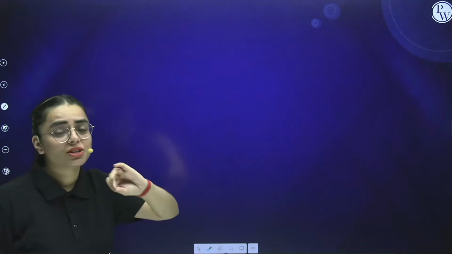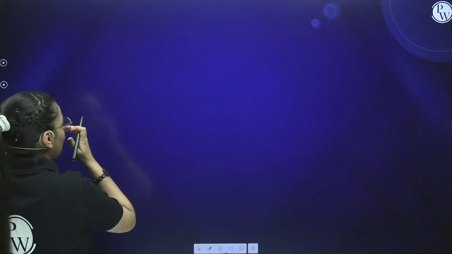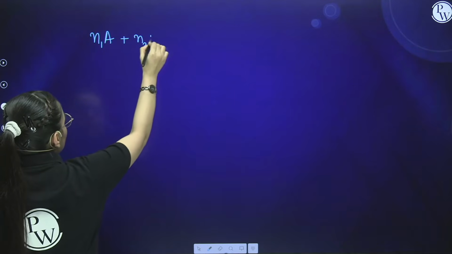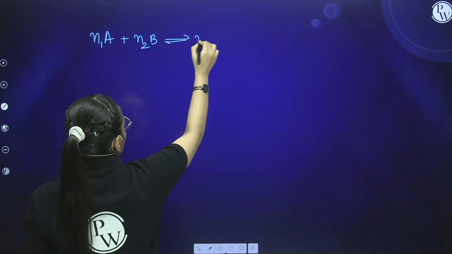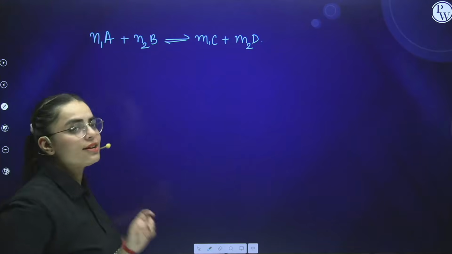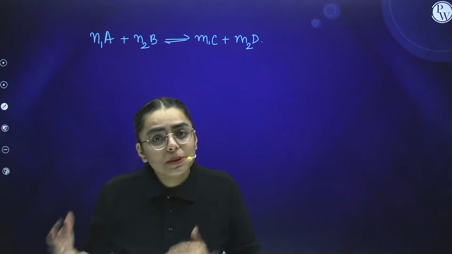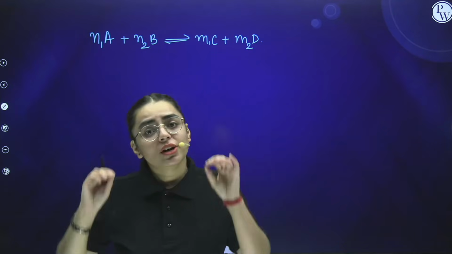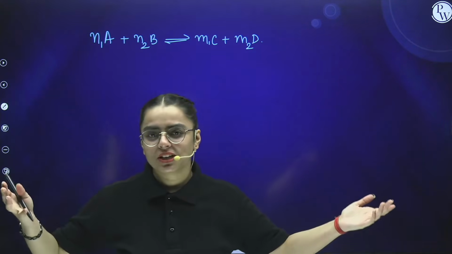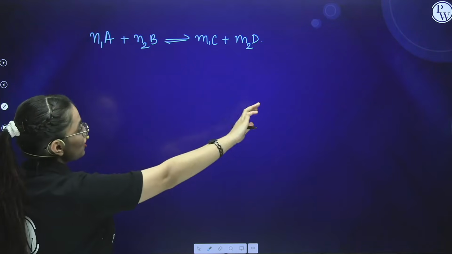Now when the stoichiometry is not 1. When the stoichiometry is not 1, what is the reaction that you are getting over here? The reaction, for example, is N1A plus N2B gives M1C plus M2D. This is your reaction. Here, N1, N2, M1, M2 are numbers. In the previous case, N1, N2, M1, M2 were 1. Here, they are not 1. So, we have given them N1, N2, M1, M2 in terms of stoichiometric numbers. Now, for this general reaction, what are we going to get for Kc?